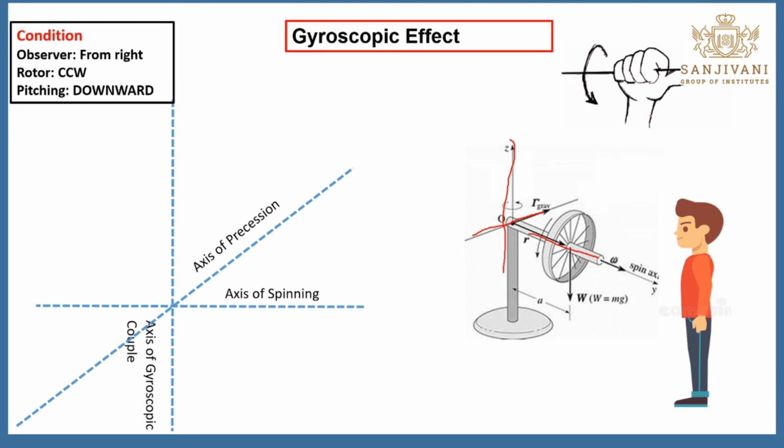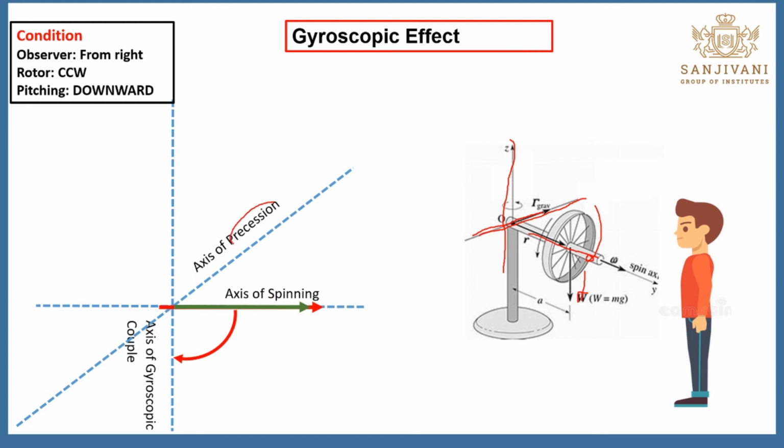Now you have to orient your finger in that direction and try to understand this vector which is towards this direction. This is the axis of spinning, which is towards right. Now because of its own weight, that body is moving in the downward direction. That means the plane of spinning is moving in the downward direction about this axis of precession. That downward direction means this direction is the clockwise direction. That's why we have to rotate this axis of spinning till it approaches the third axis. The second axis is the axis of precession, the first axis is the axis of spinning, and the third axis is the axis of gyroscopic couple.